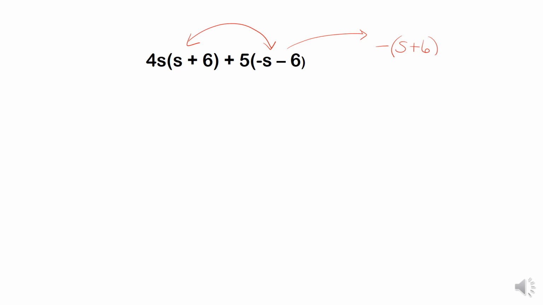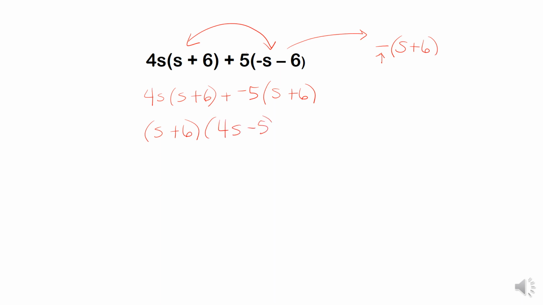So all you do is take that negative and give it to the 5. So we're going to go 4s times s plus 6 plus -5, because it's a -1 times the 5, and then s plus 6. Now we have a common binomial factor, s plus 6, and our two terms are 4s